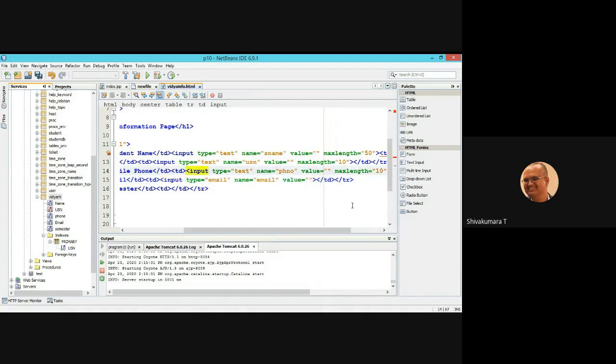So in HTML file it supports what? Input type equal to phone, or you can provide confusion, let it be as it is text. Email maximum length is 50. Then finally semester, text sem, by default you can set the value for semester, so max length equal to 10 characters.